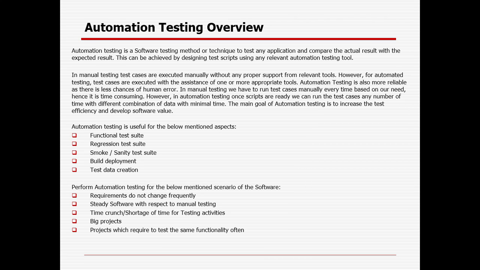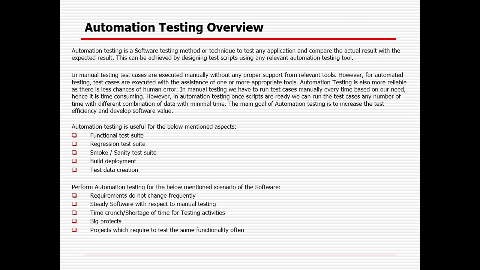So primarily, before automation you need to think of some important concepts. Definitely you will be doing the POC, you will be validating the ROI, right? Then you need to think about whether your requirement is stable enough. In case the requirement is not stable and you are automating everything, tomorrow again it needs to change, so you will be spending additional time to fix them. Your application should be steady enough. Otherwise, you cannot do real-time automation because everything will fail. Today it will be like A, tomorrow it can be B, like that, right?